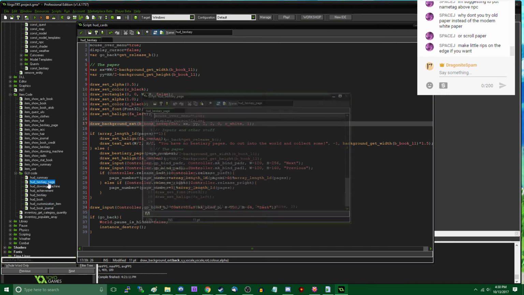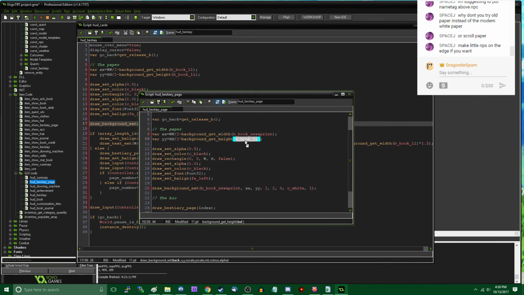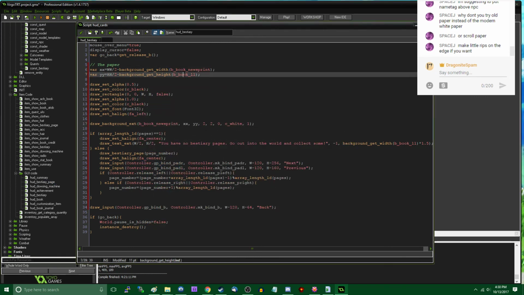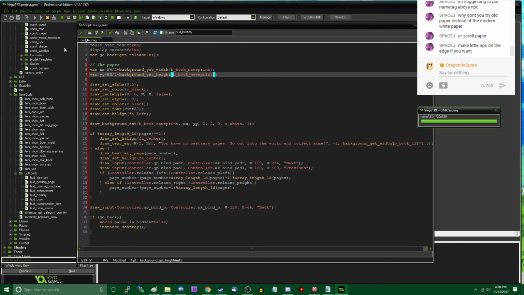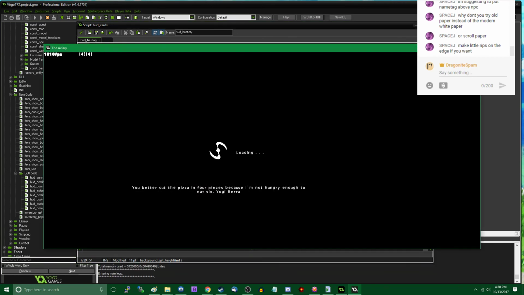Here. No, here. Alright, we're gonna draw this instead of the other one. Let's see how that looks. It may look dumber than before, it may look better than before, I have no idea. Looking at how to make little rips on the edge is something that I probably should do in Photoshop skills, but I have no idea where to even start for that, and I'll look into it tonight or something. Hopefully, I said I would do something last time off recording, and I forgot to do it, but